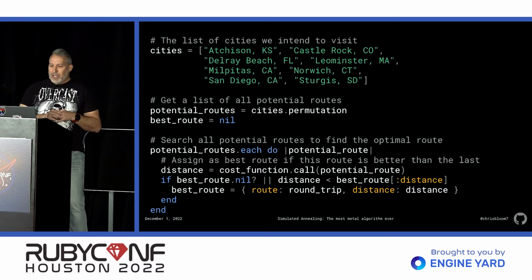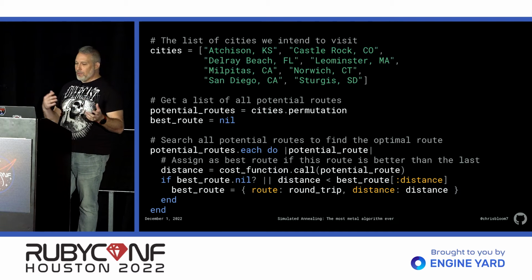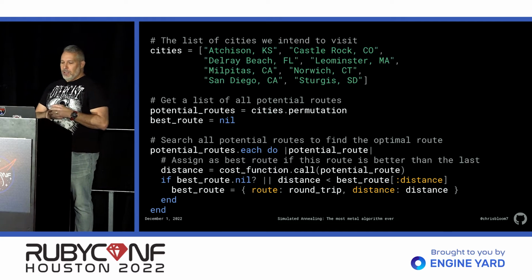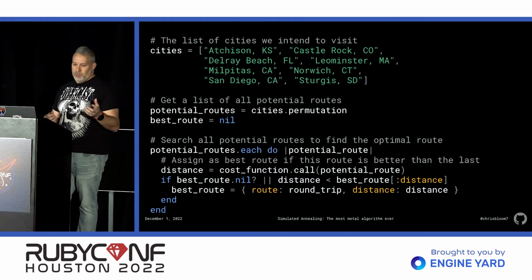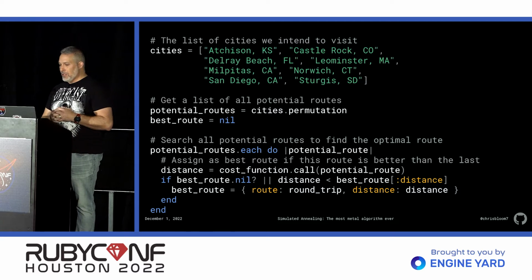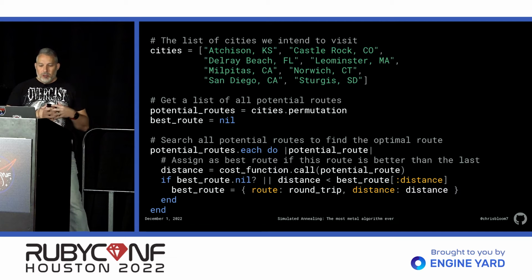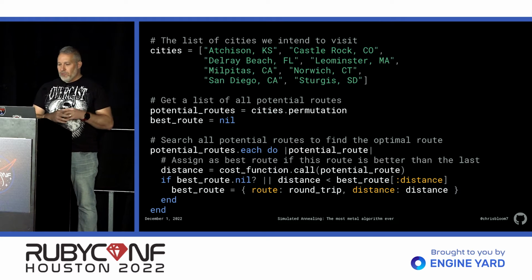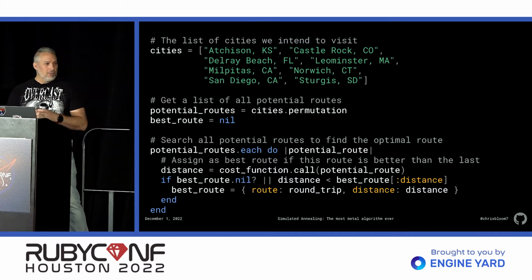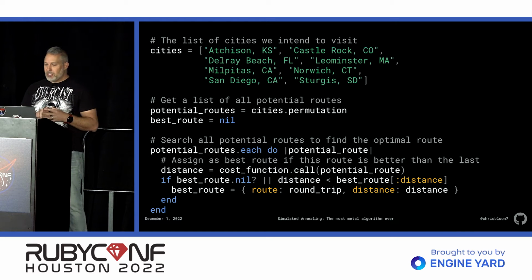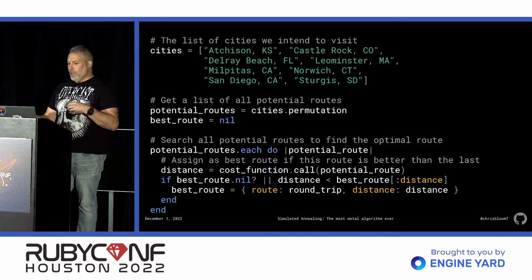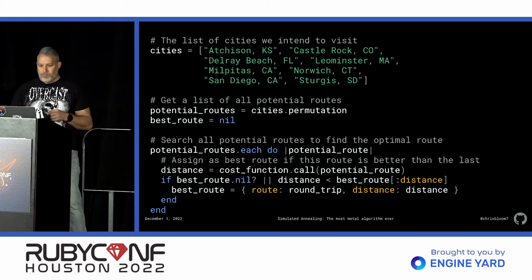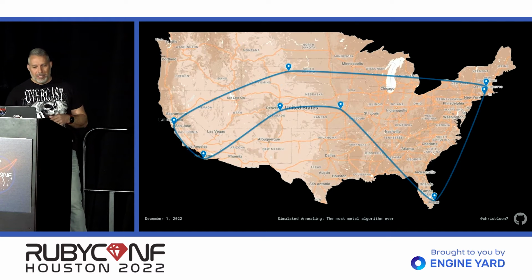And then we can use it to find the optimal route like this. First, we gather a list of all of our cities. Then we find all the permutations of those cities as our potential routes. Ruby has this built-in permutation method that makes that really easy for us to do. And then we loop over all of the potential routes. For each one, we find the total distance along the route using our cost function. And then we compare the current potential route to the best route that we've previously selected, and then we keep the one that has the shortest distance. And at the end, we end up with the shortest possible